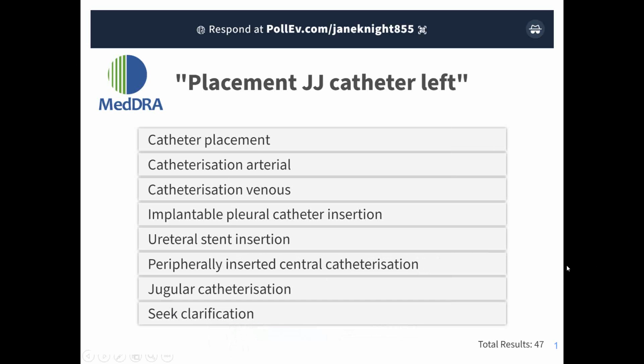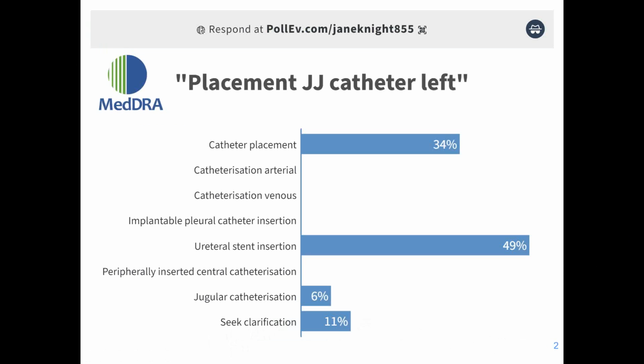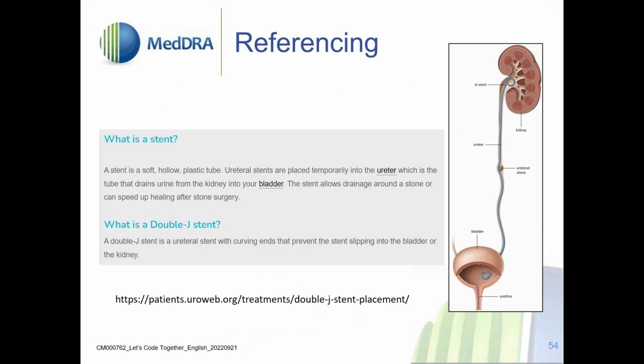Okay, we have 50 responses now. Let us check what you're going for. Ureteral stent insertion seems to be the favorite choice. Catheter placement as well. Several of you would also seek clarification, and jugular catheterization is considered an option as well. So,